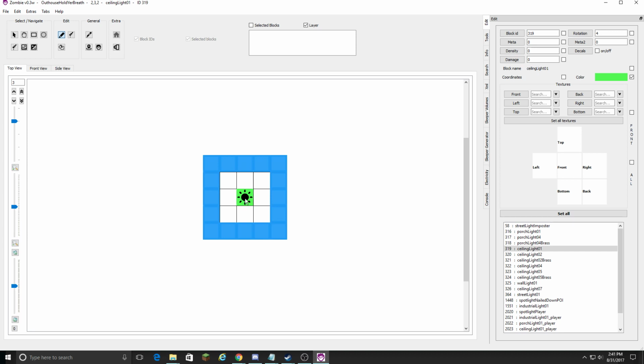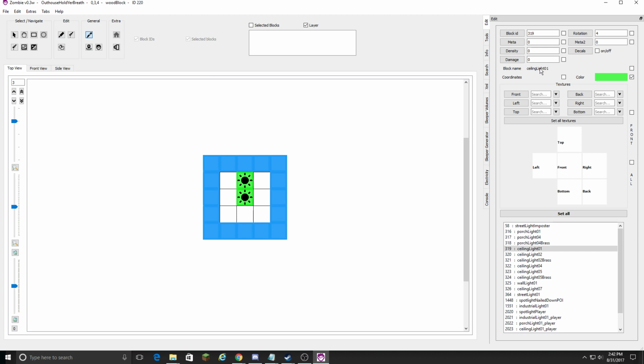in that empty gap. And actually, you know what? I don't want this light here. I want this light up here so that we can kind of demonstrate this. And then one of the handy things for using tools like this is I can go to this general section, and he's got this tool called a block picker. And basically it copies whatever block I click on and puts it in the edit section. So it updates all my edit options with whatever I click on. So right now I'm sitting here on a ceiling light on the top right